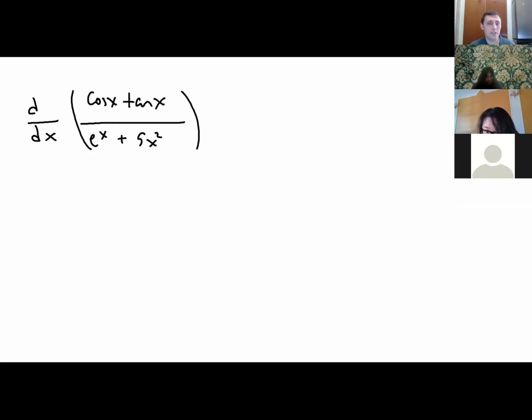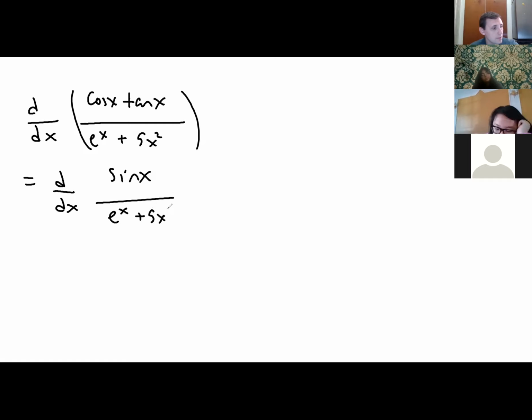All right, guys, ready? So you could, of course, use all sorts of things, but what is tangent? Tangent is sine over cosine. So wouldn't it be nicer to simplify it first and say this is just the same as sine divided by e to the x plus 5x squared? You agree that's much easier than to apply quotient and product rule. And from there, you can square the denominator